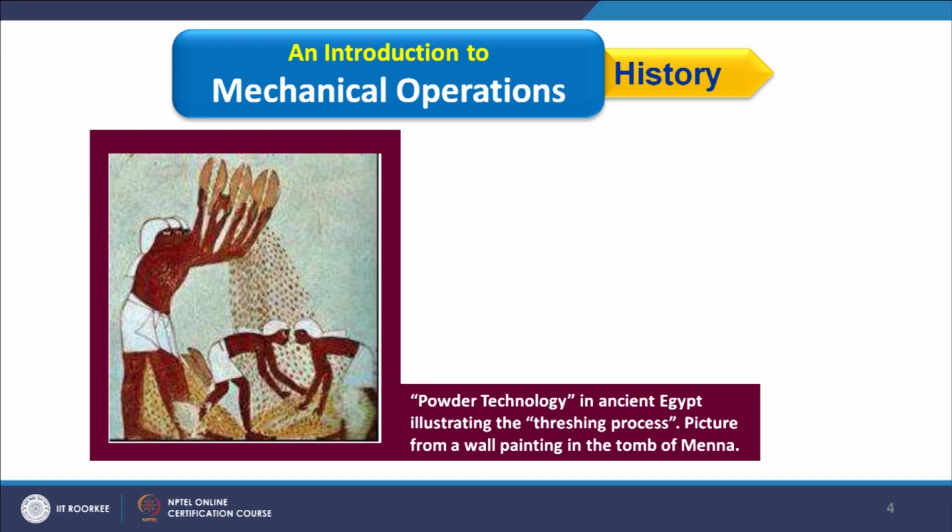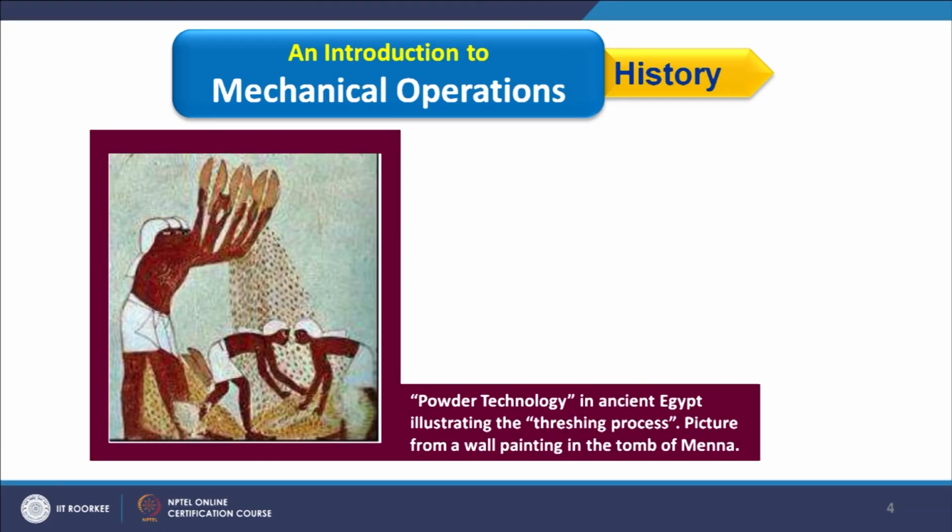It is a very old figure which shows the threshing process. What is threshing? To remove the edible solid from the grain, we call that the threshing process. Now if you consider this picture, what this person is doing is basically screening the edible solid from the waste, that is in terms of grain. While standing, when he is doing the screening, the lighter particles which are available can be taken out by the air, and then the heavier particles which we call edible solid come down, and this person can collect them. So it is a very old figure, so you can have an idea of the use of particles in our day to day life.